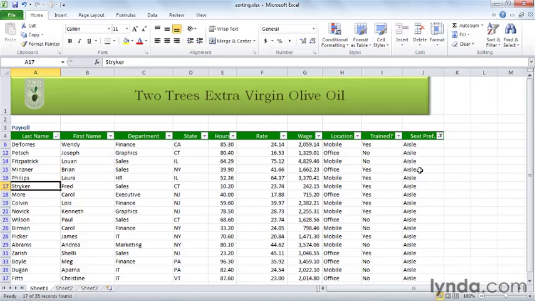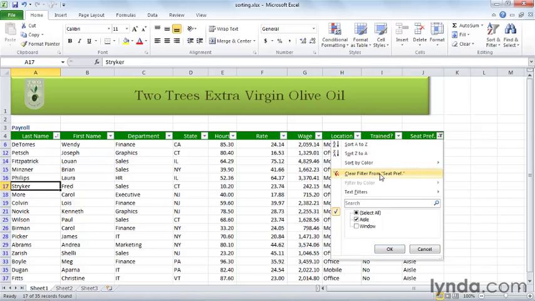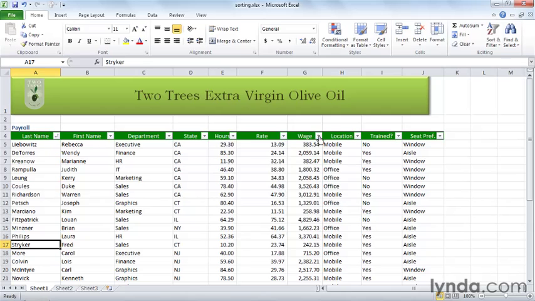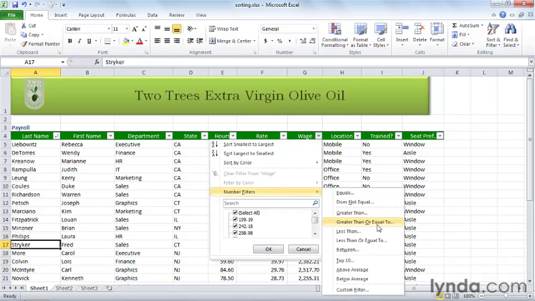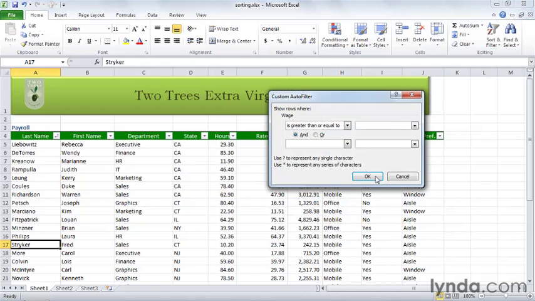Well, what if we want to see only those people who have a particular wage? Maybe everybody who has a wage greater than or equal to 1,000. Well, first let's clear this filter over here. So I'm going to clear that filter. So here's the wage column. Click that down arrow, and let's choose Number Filters, and let's choose greater than or equal to, and where it says greater than or equal to, type in 1,000,